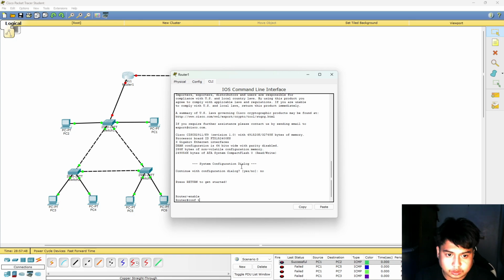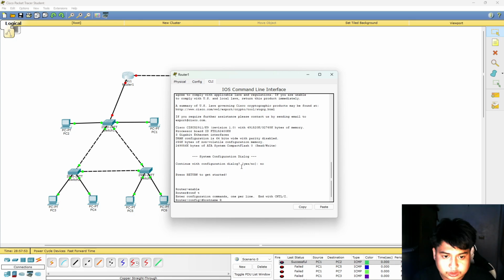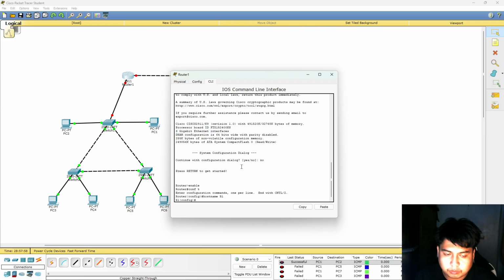So enable, then configure terminal. Then after that we set the hostname. I use hostname for a more specific type of thing. Then we will now declare first the router on a stick, or the Inter-VLAN routing. So in